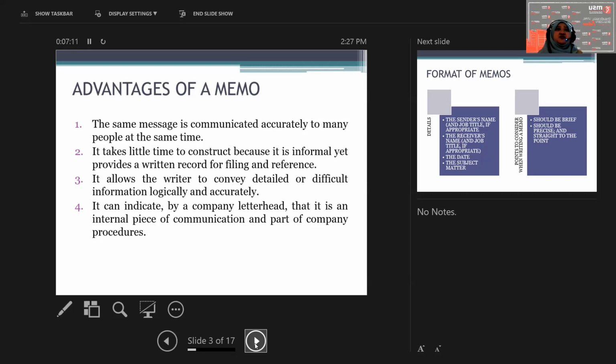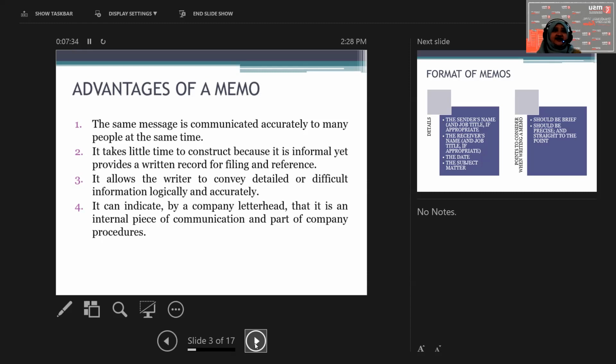So different companies will have different sets of memos to be used, and whoever enters a company needs to learn about the format of the memo from that company and also how to write the memo. There is also a general type of memo, but oftentimes each company will have their